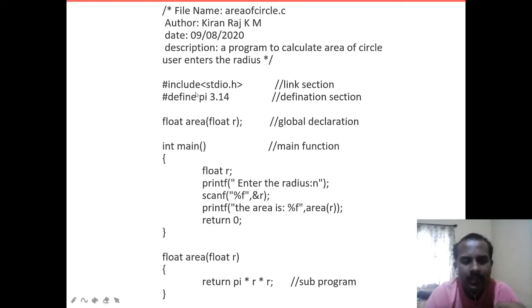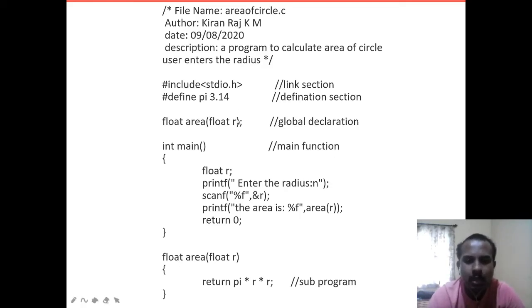Here you have define. The link section and the definition section will always start with the hash symbol, and these two together form the preprocessor section. What do you mean by preprocessor section? Before the compilation is done, these instructions are given to the compiler.